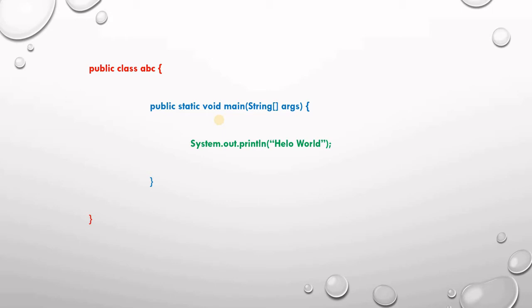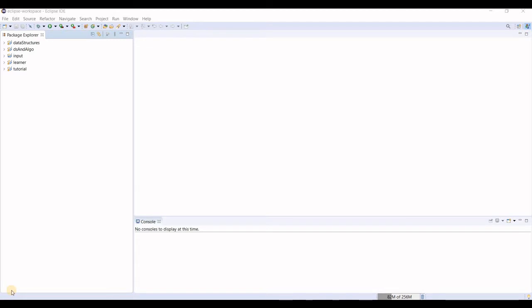I hope you all have downloaded the Eclipse IDE, and if not, then just go type on Google download Eclipse IDE and download and install it from there. It's very easy and you all can do it. So when you open your Eclipse IDE, it will look somewhat like this, and now we need to create our own package.